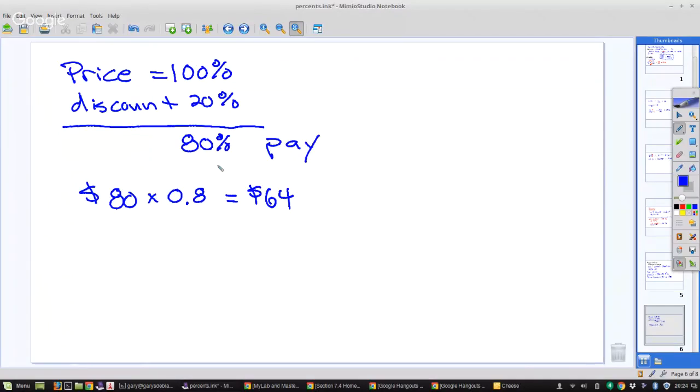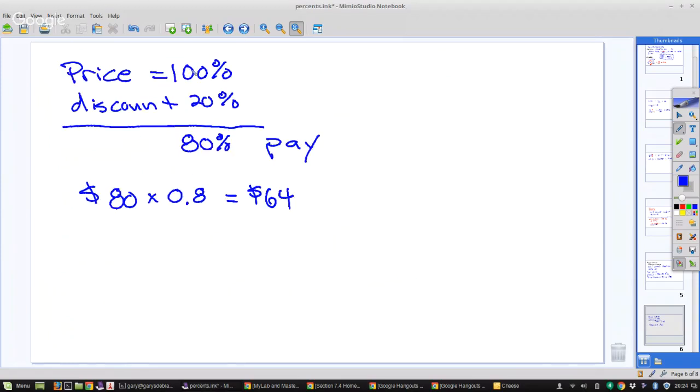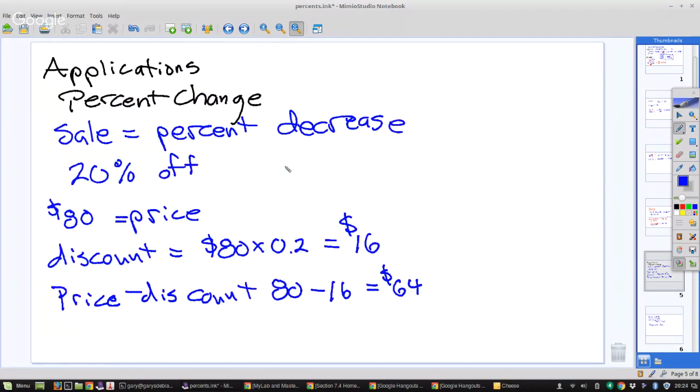Now, I had to subtract up front and then multiply second. Here, I had to multiply first and subtract second. Now, personally, I find the subtraction from 100 to be easier than a subtraction from 80. So I think often with sales, it's better to say, if you have a certain percent off, what is the percent you pay? And any time that you have a sale